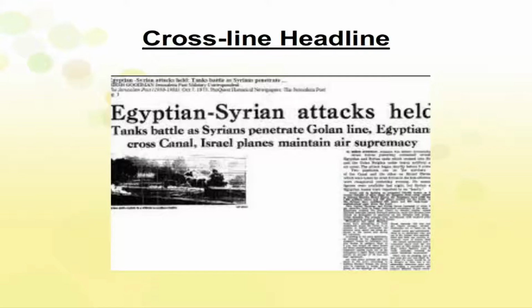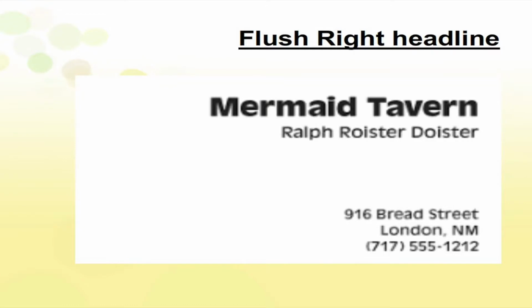Look at this example. Egyptian-Syrian attacks. It's a headline on the Egyptian-Syrian attacks, which runs to about 6 or 7 columns. The rest of the page is allowed for a different news item. Under this, you have a deck which contains 2 lines, and below this there is a picture, and also there are smaller stories used with their own headlines. These are the major headline types used in a newspaper today. Features in newspapers and magazines use flush right headline, which is the opposite of flush left, and centered headlines.